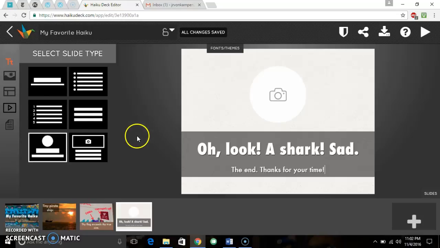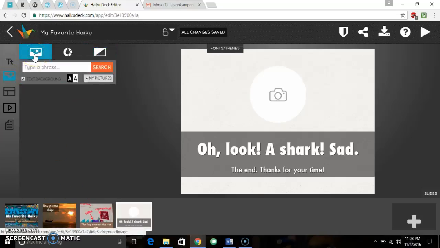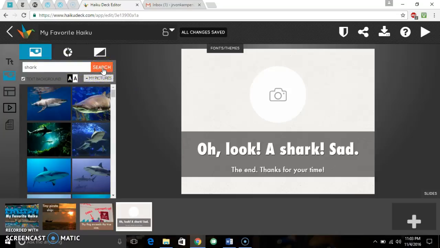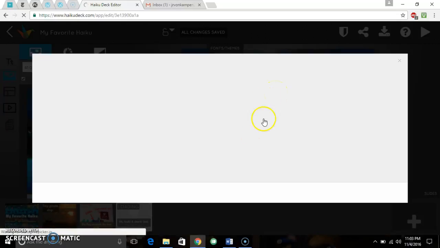And so I'm going to go over to the background tab again, and I'm sure you've gotten pretty used to this process by now. It doesn't give me suggestions right now. I'm not sure why, but that's okay because I know I want a picture of a shark. So I search, it gives me some sharks. I really like this shark. He's pretty mean looking. And I still need to add a picture, so I click on the little camera icon,